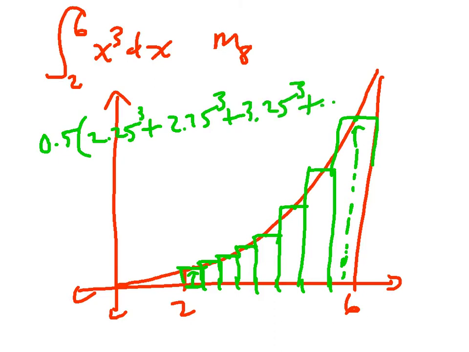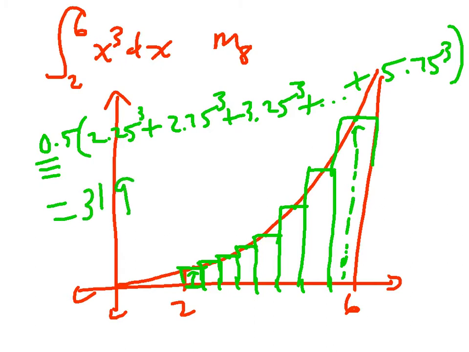And as you can see, there's a nice pattern here all the way to the last rectangle, which was between 5.5 and 6, so 5.75 cubed. And again, I'm going to multiply each one of those heights by the width of all the rectangles, 0.5. And so this total comes out to be, with my calculator, 319. And so then I know that the estimate for the area under the curve from 2 to 6 using midpoint Riemann sums is